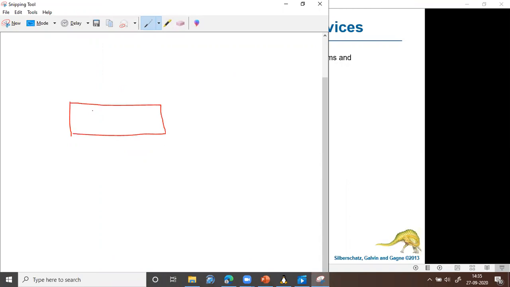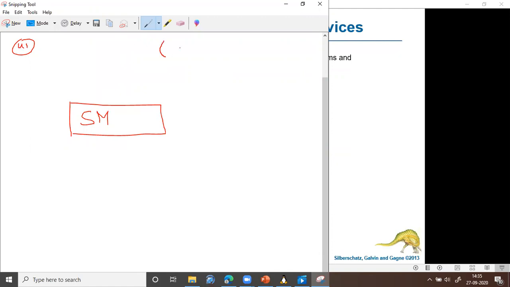So first let us try to understand how the users can communicate by using shared memory. Let us assume there is a shared memory. So this is a shared memory and there are two users, user 1 and user 2.